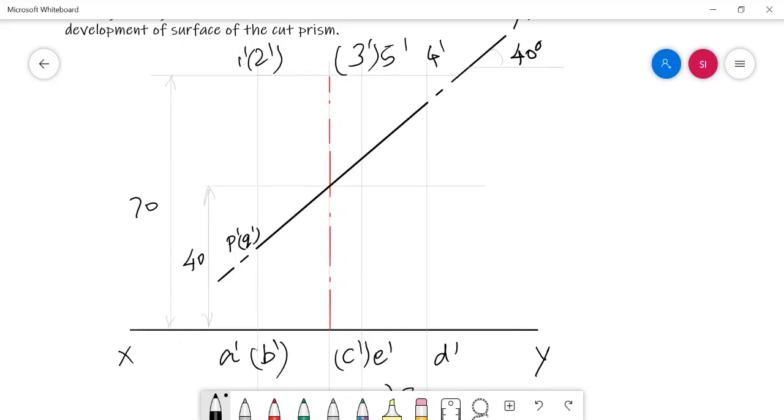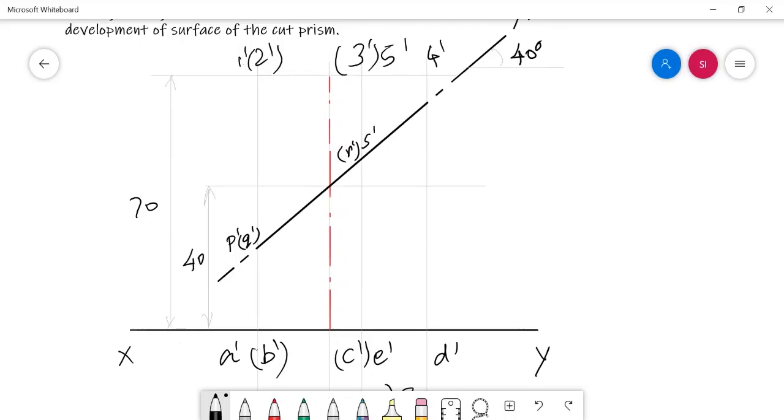This intersection is with the axis. There is no way to get a cut point. Again, continue to travel. Again, one intersection is there. Here, just examine how many edges are passing over this path: 3 dash C dash, 5 dash E dash. So totally 2 edges are passing over. So in this part we can get two cut points. They may be R dash and S dash. Give a bracket for any one, and then continue to travel.